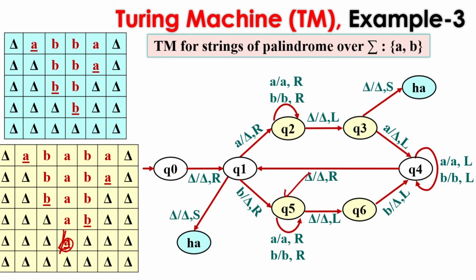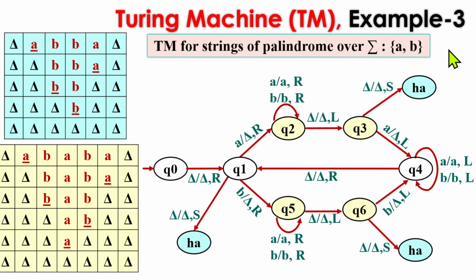and we are at q5, and from q5 once we are moving one position left, we are at q6. That means we have replaced all the symbols with a blank, and now we are having no matching symbol to cancel out, means we are having no other b on the right hand side. So we can simply show the acceptance from q6 if the centermost symbol is b. Okay, so here is the corresponding transition. So this is the complete Turing machine for the strings of palindrome over input symbols a's and b's.